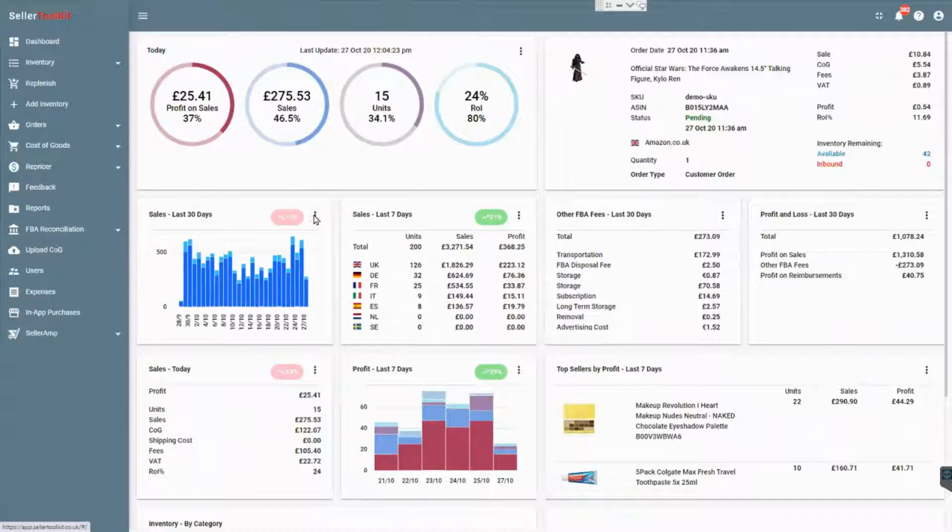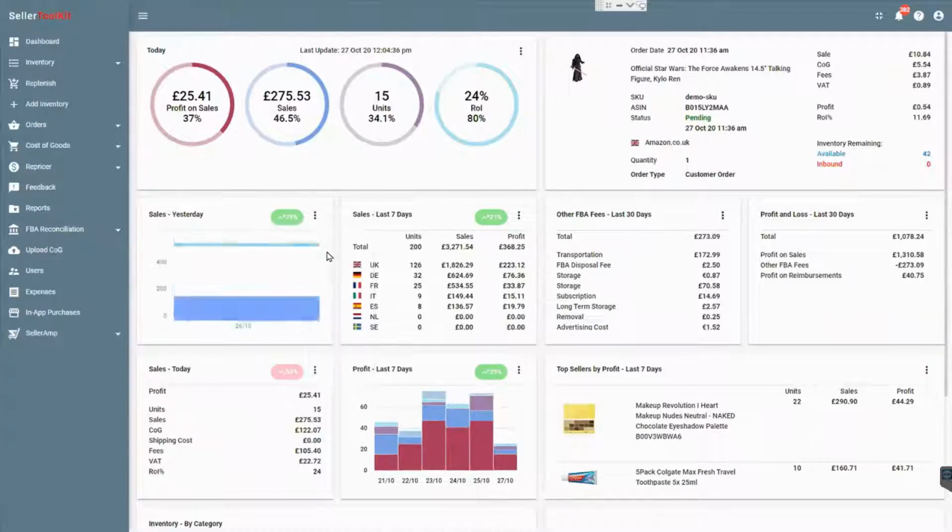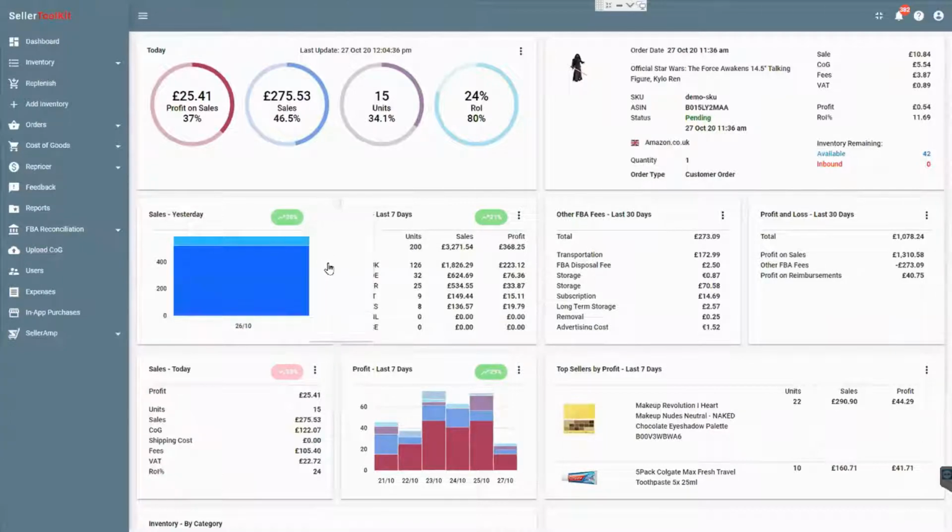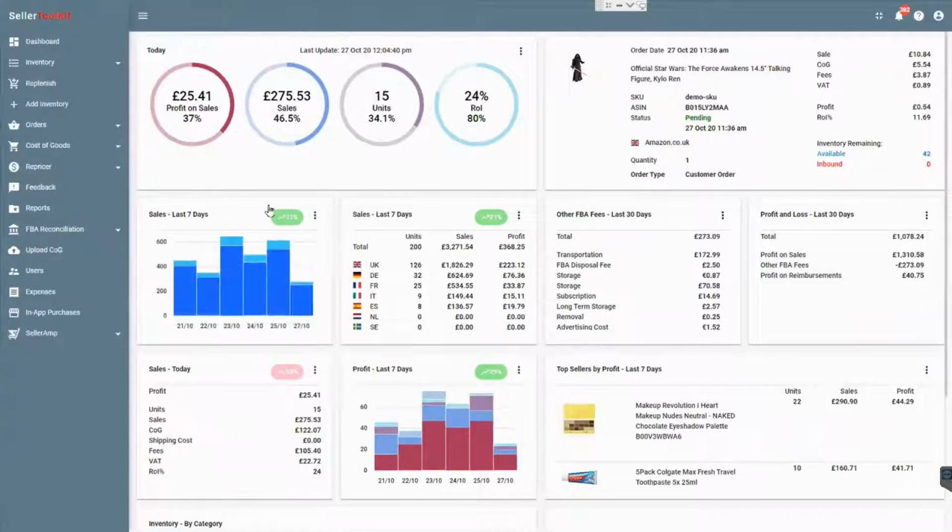Again, you've got exactly the same customization here. You can change it to yesterday, or whatever you want, last 7 days. And what you'll notice is that when I do it on any of the other individual widgets here, it only changes that particular widget. Whereas when I did it on the top widget, it changed all of them to the same period. So this here, it will match here. If I do this for 7 days first,